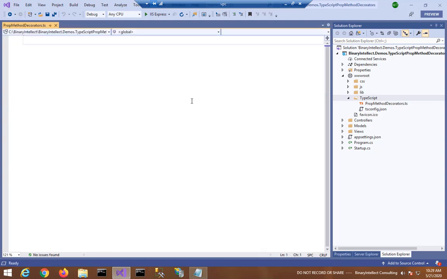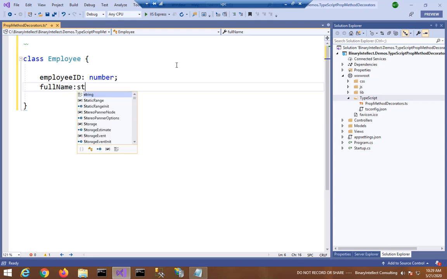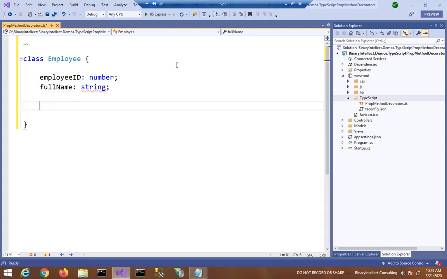Then I will come to the ts file, and here I will first create a class. This is the Employee class. We'll add two properties to the Employee class, employee ID and full name.